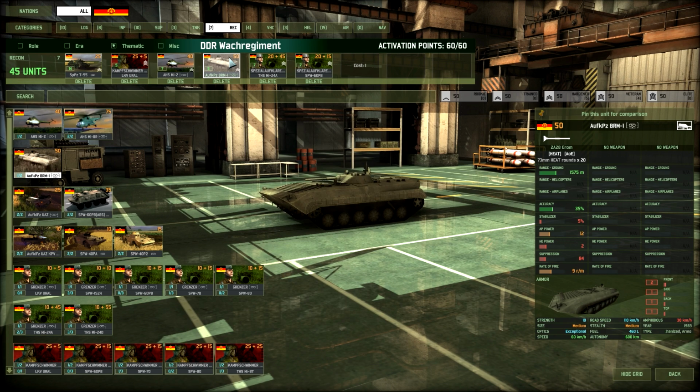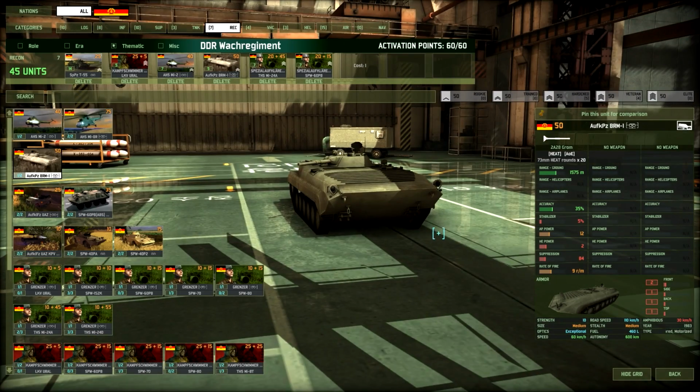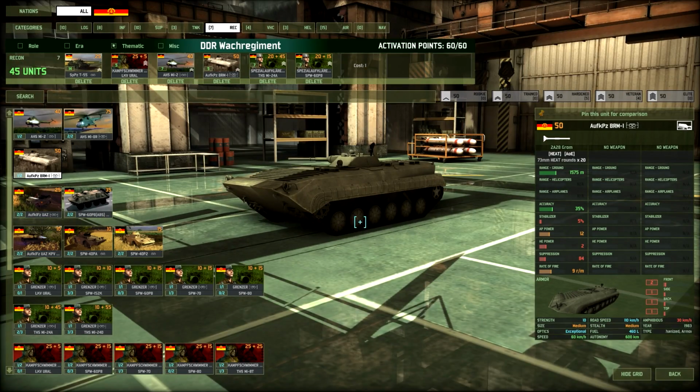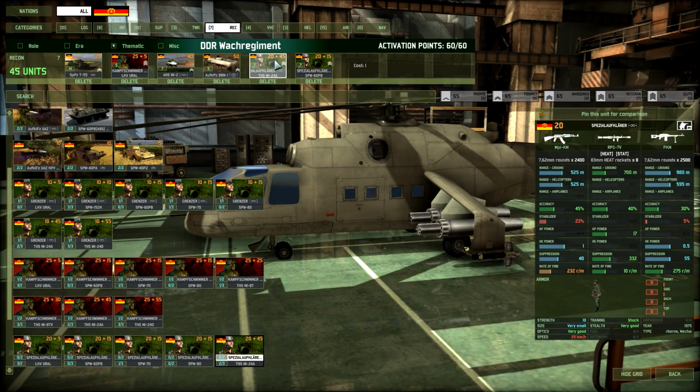Then, I don't really know why I have this. I don't really use it that often. It does have exceptional optics. I think that's the reason why I picked a vehicle with exceptional optics. It has an okay-ish gun, if you do need to use it. It has some armor. But last but not least, we have the